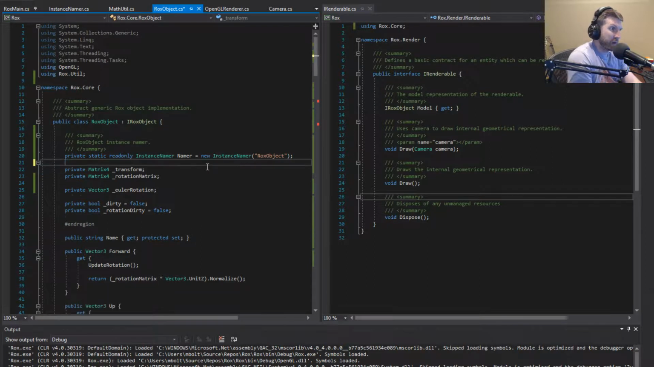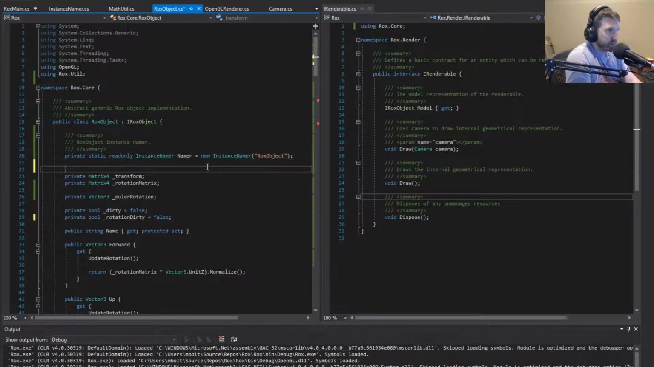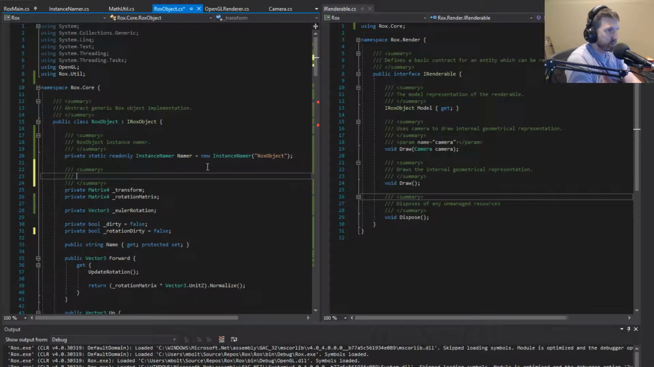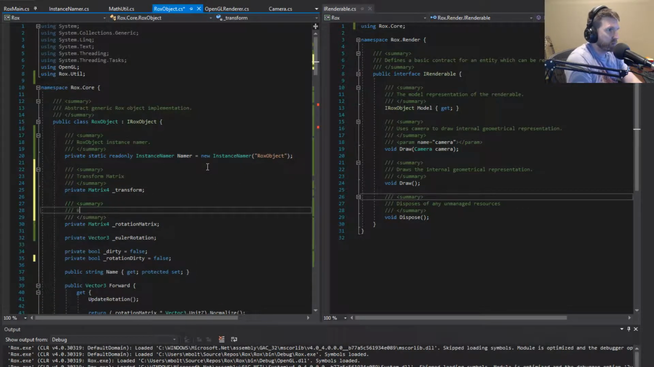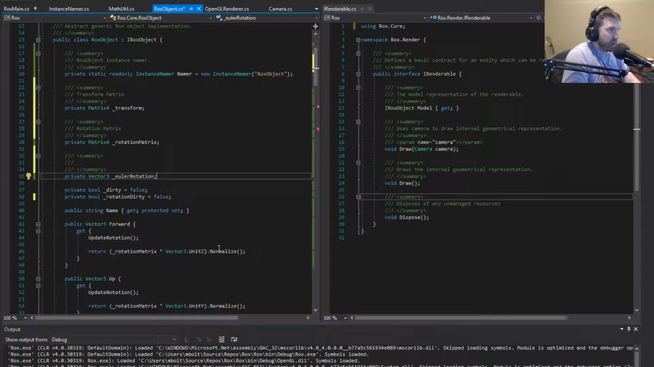I'm not a big fan of these region separators, to be honest. I started out using them and I don't like them. Transform, rotation matrix. I absolutely hate this. So we're gonna do this as